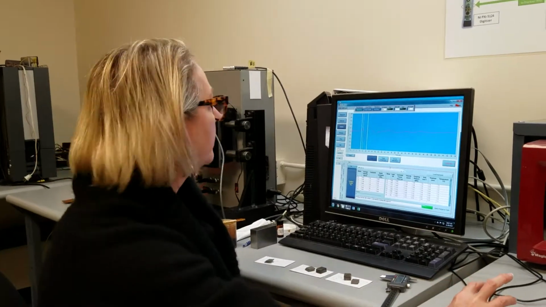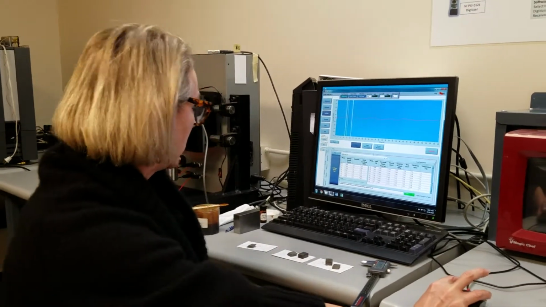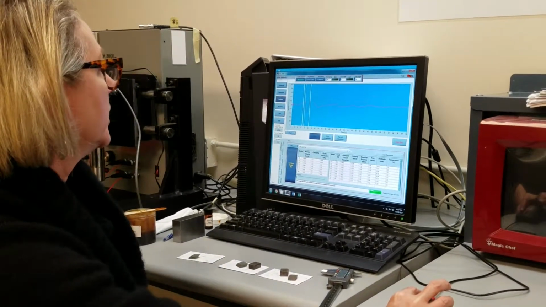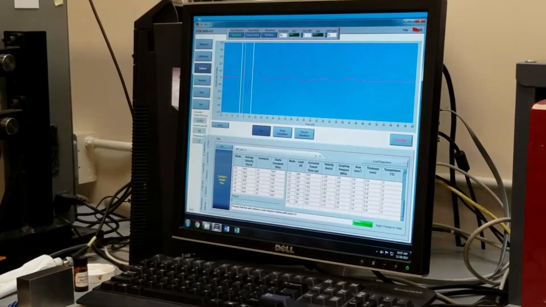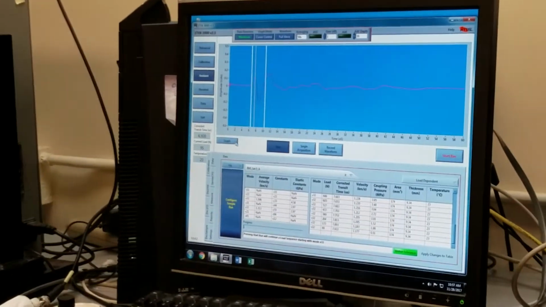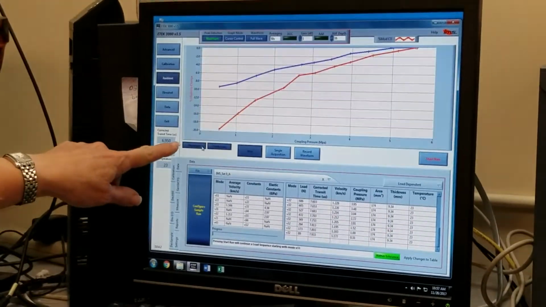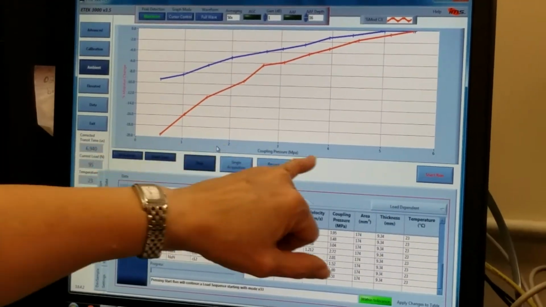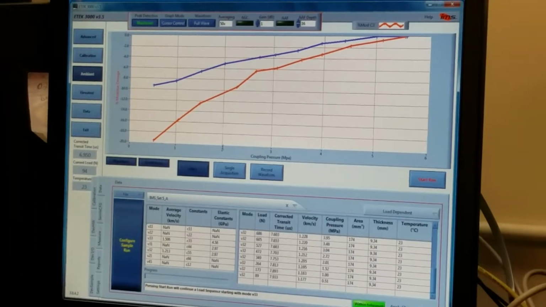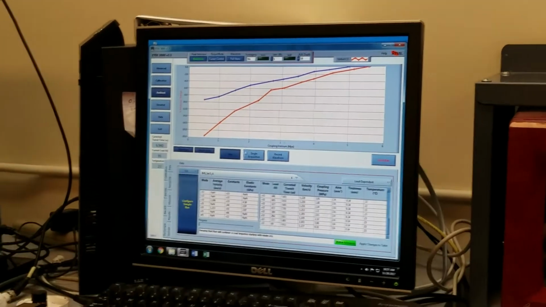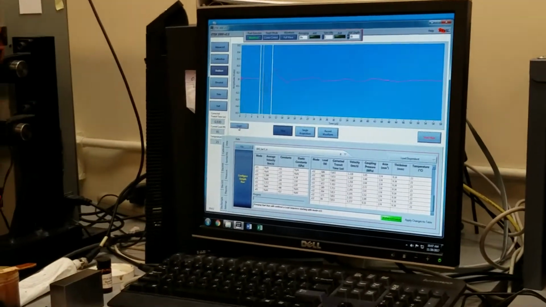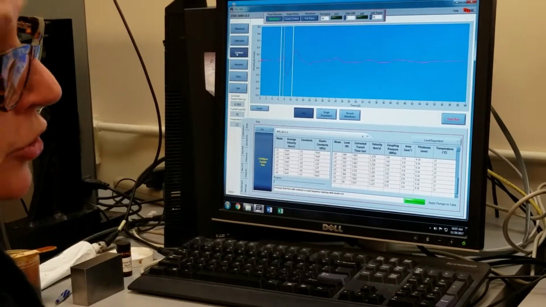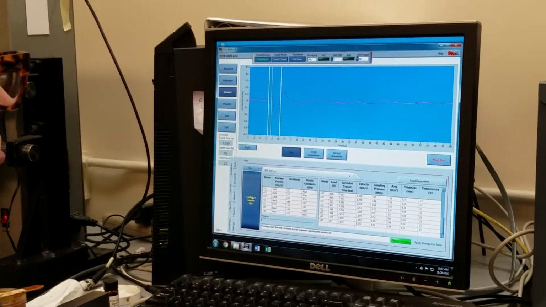All right, now we have just finished making a load measurement on this sample A, and in addition to looking at the waveform in this portion of the screen, if we click on the graph button, we can actually see the percent modulus change as a function of the coupling pressure, the measurement that we just made. So we'll go back to the waveform, and now we're ready to make an ambient measurement,